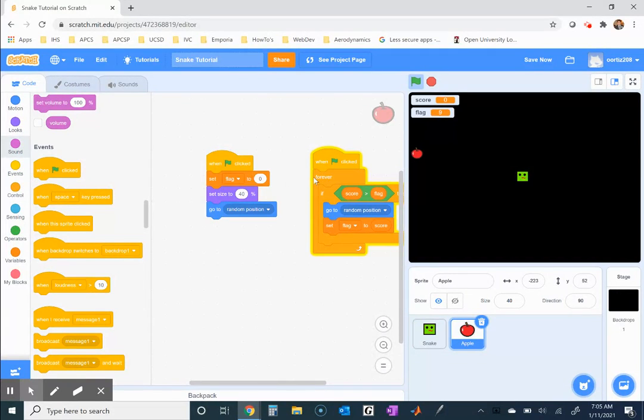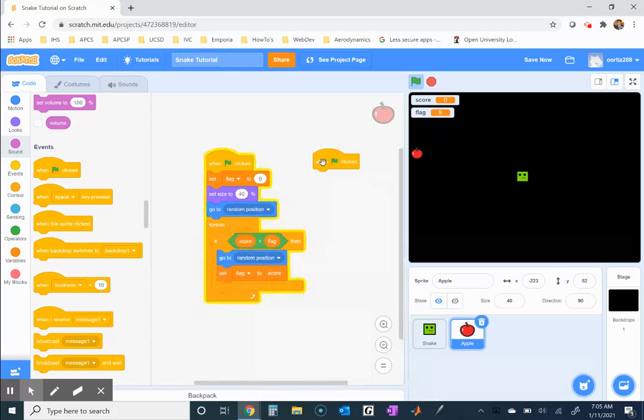It's because this is happening so quick. Let me put this back here. This happens so quick. We have flag set to 0. Move the apple. I mean, we have flag set to 0. We move the apple to a random position, and then we immediately check to see if score is greater than flag. It is because we have the previous score from the previous game, and we set flag to the score from the previous game. So if I put a wait,